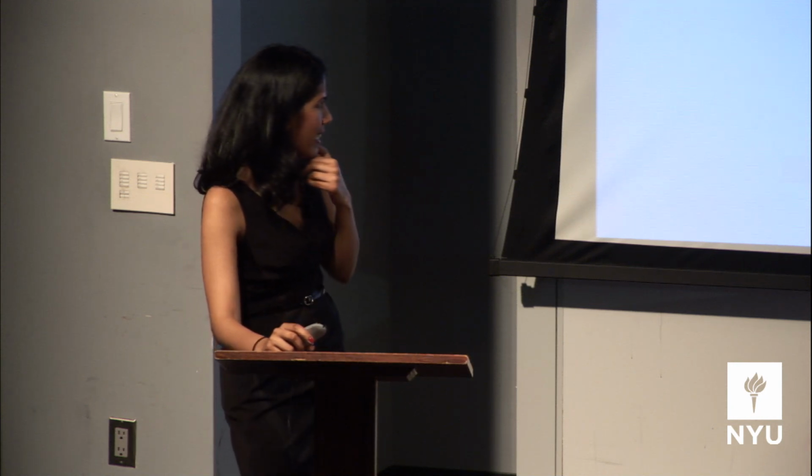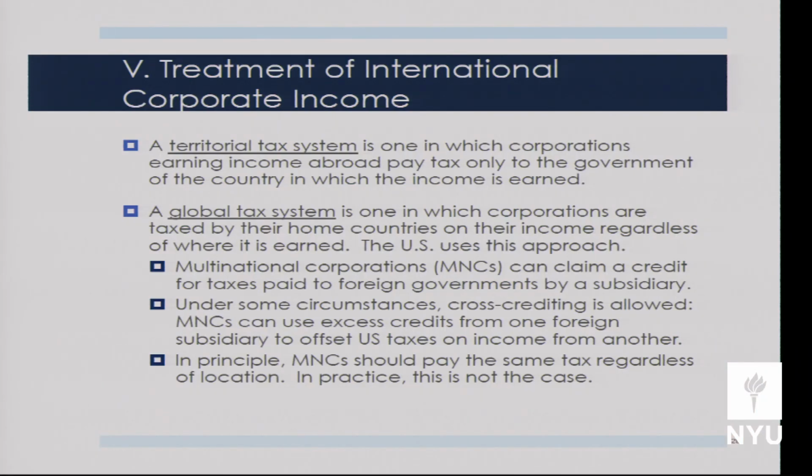They can use the excess credits from one country to offset tax liabilities on income earned in a different country. There are some limitations on that, but cross-country crediting is allowed. But in principle, regardless of these two practicalities, theoretically a multinational corporation should still be paying the US rate of income tax on income earned. It may not pay it all to the US, it's allowed to pay to other countries, but it should be paying in taxes 35% of what it's earned, in principle.